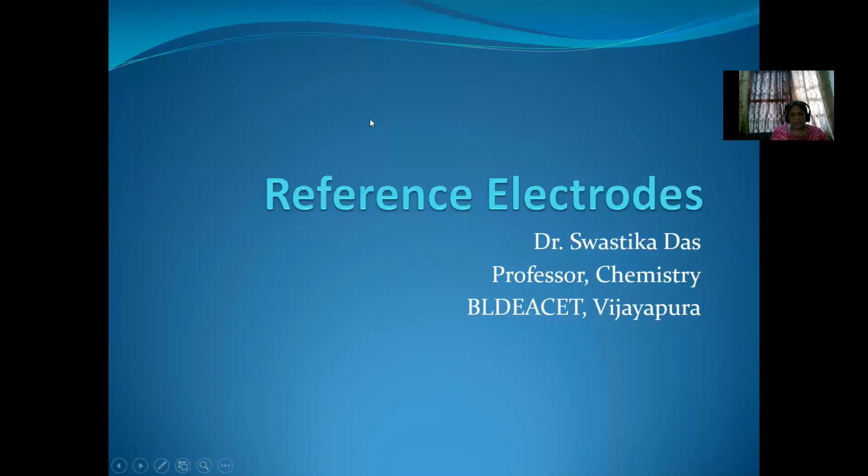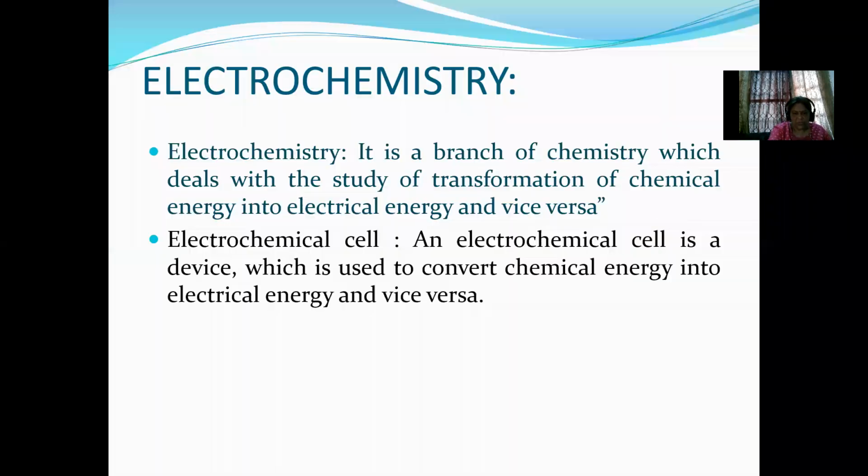Before going to the reference electrode, we must understand what is electrochemistry and how these electrochemical processes occur, what is the function of an electrode, etc. So to understand this